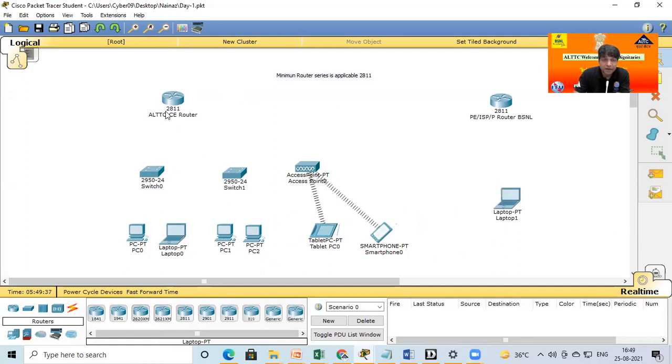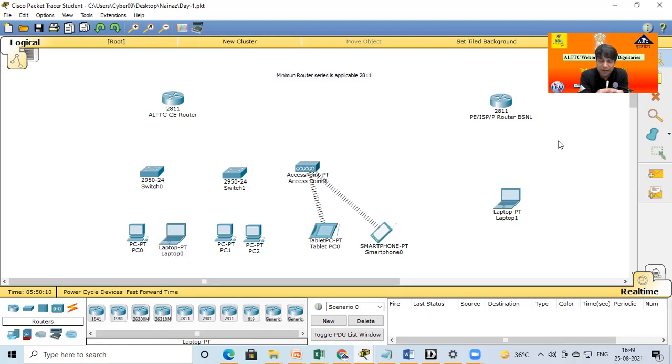Okay. Now I want the connection between these network devices. You are now aware of how to select the devices. In today's data communication, a router, switches, and Wi-Fi are required, and individual devices that have facilities to connect to the internet, like computers and smart devices. So the selection procedure is already over. Now we need to know how to connect these devices.